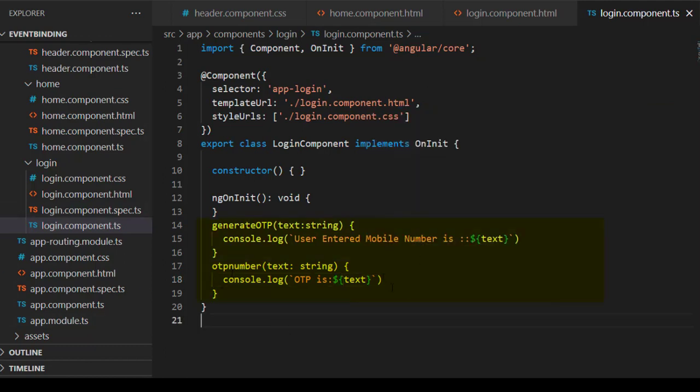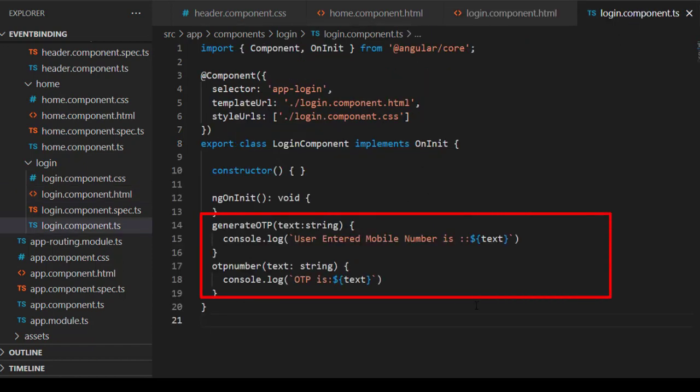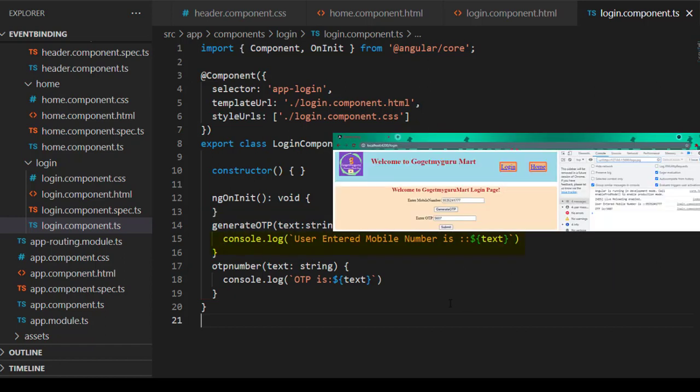Here, generate OTP and OTP number, these are the functions in login.component.html. So these functions are implemented in login.component.ts. This console.log I have written so that when user enters mobile number and also OTP, when he clicks on generate OTP and submit button, those values will be displayed on our console.